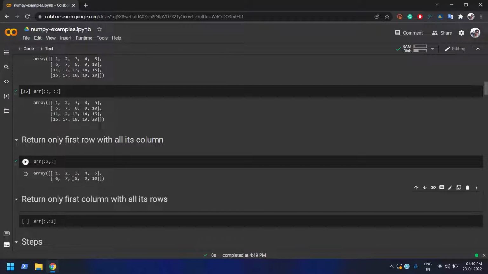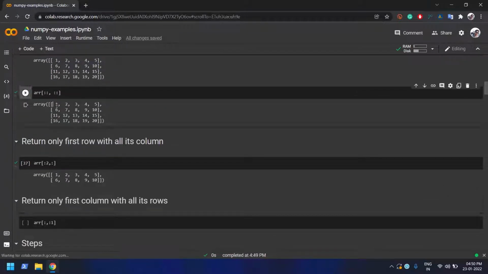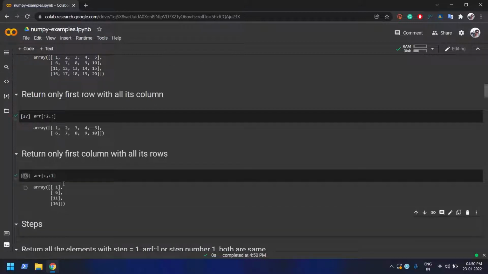1 2 3 4 5 6 7 8 9 10. All right, 2 rows. Okay, let's say you want to print only the first column with all the rows. That means the first column is this one, 1 6 11 and 16. So what you will be doing, same way, because you want all the rows but you want only one, so excluding index will be 1, and if you print this one, you should get 1 6 11 and 16,